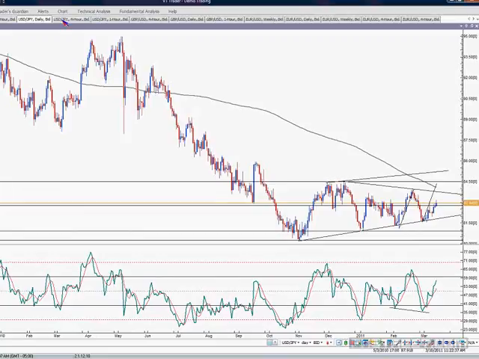Do you have dollar ZAR? Oh, I actually don't look at the South African rand, but maybe I'll take a look at that if we have time. Yes, we'll look at the Aussie dollar and the Kiwi dollar as well.